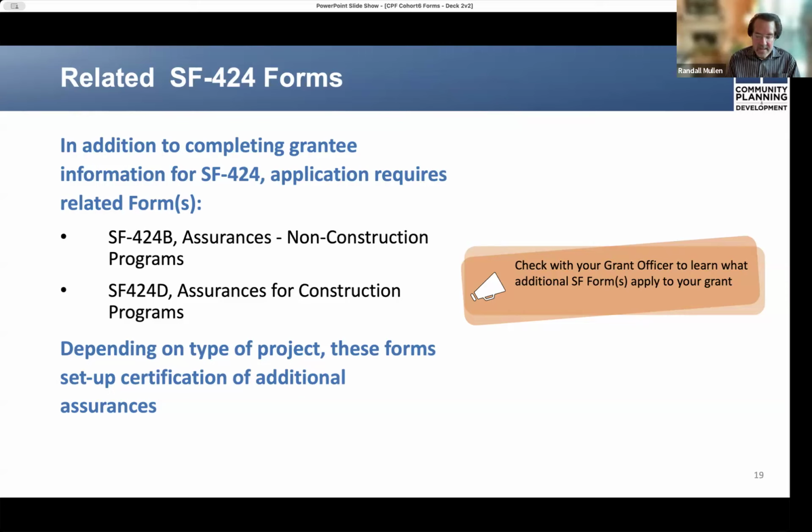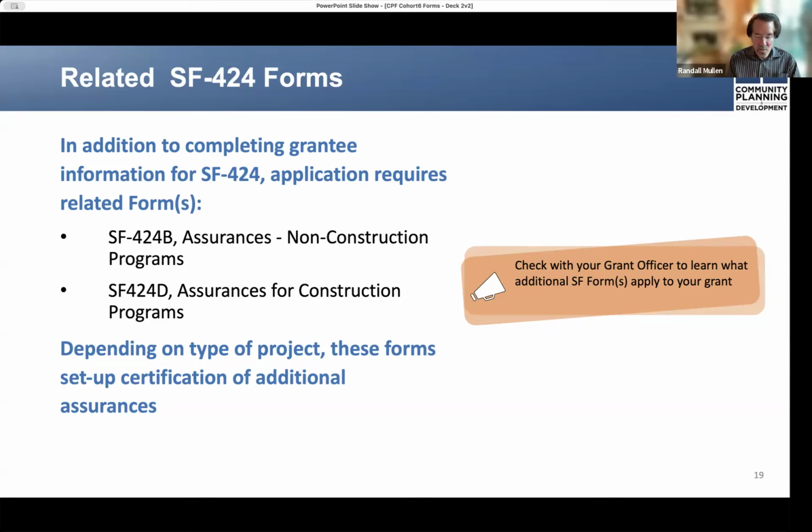You may obtain each of these forms where you obtain the SF-424 form for those of you who are submitting by email, but most of you can expect DRGR to generate these supplemental forms. Depending on which method of grant submission process applies, you are required to supplement the SF-424 with one or both of these additional assurances forms.